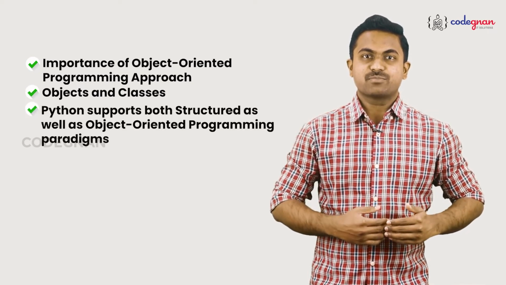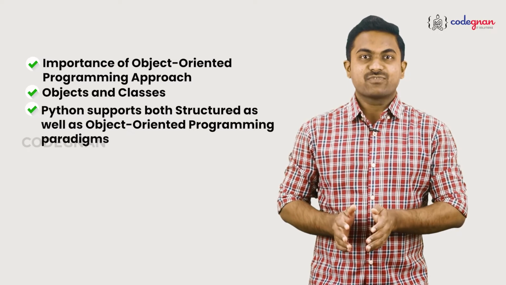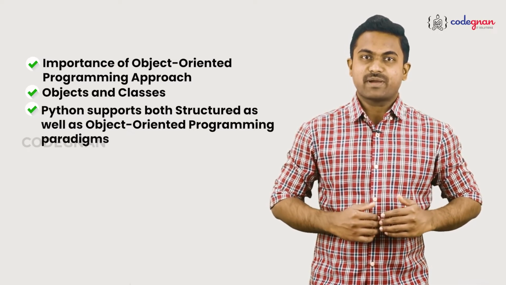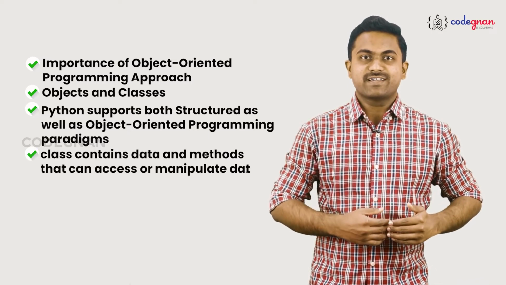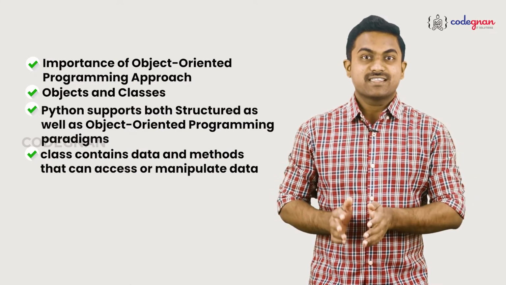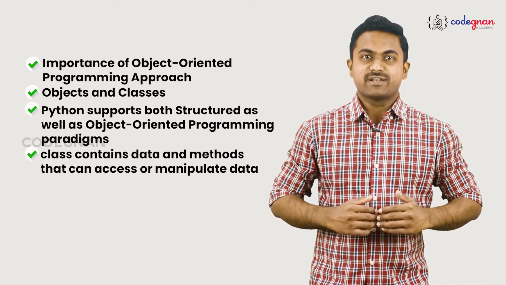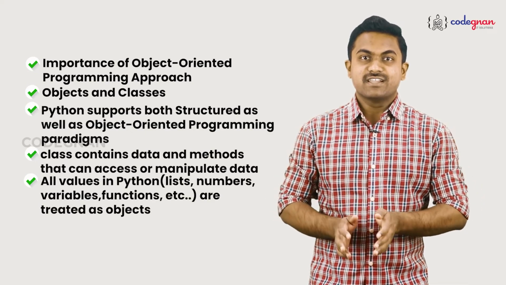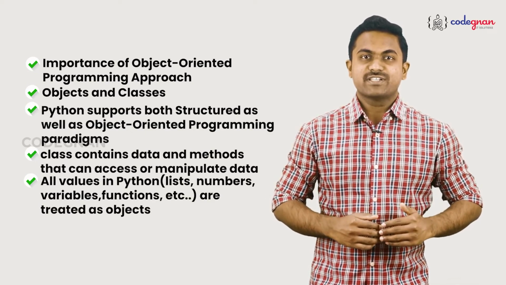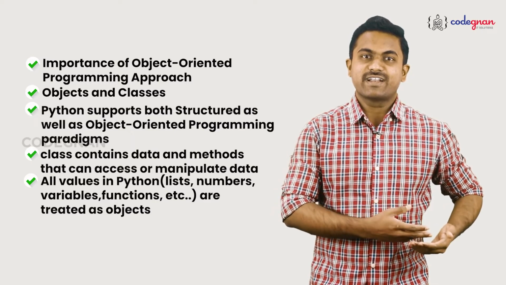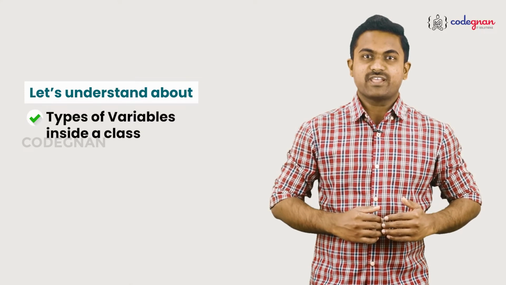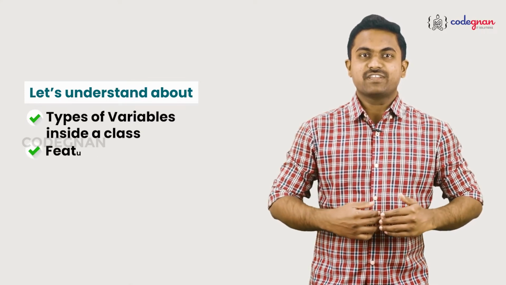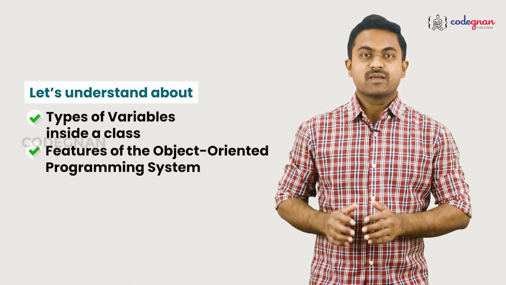As Python supports both structured as well as object-oriented programming paradigms, a class contains data and methods that can access or manipulate data, because all values in Python such as lists, numbers, variables, functions, etc. are treated as objects. So, let's understand about types of variables inside a class and the features of the object-oriented programming system